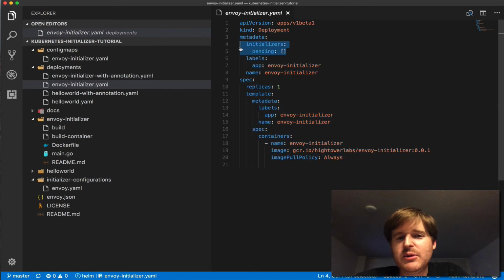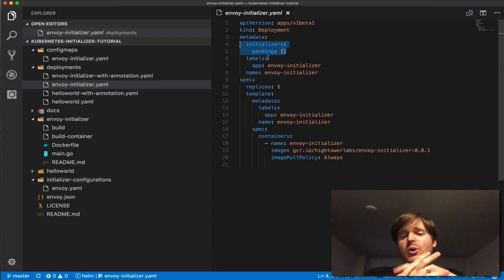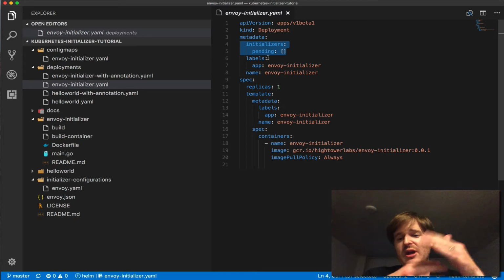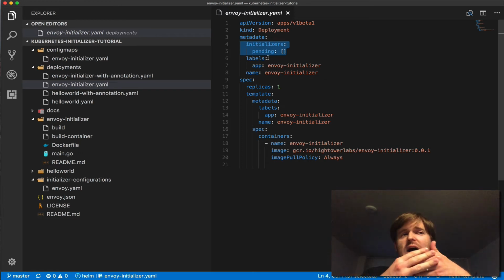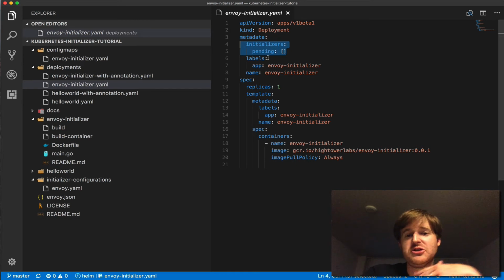Now you may notice here we have initializers pending, so we're actually setting initializers to an empty array. One of the problems with initializers is that they block before resource creation. So if you have initializers on resource types, resources need to go through initialization, and if nothing is receiving, let's say this Envoy initializer pod died or stopped processing requests, resources would sit in an uninitialized state and would never get past it. So as you're experimenting or thinking about using this in production, you want to make sure they're production ready, in that they're always up,